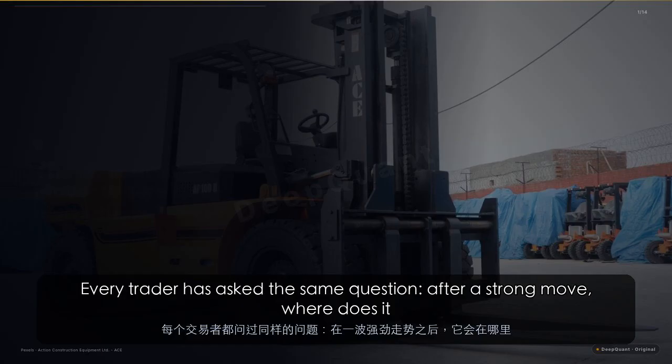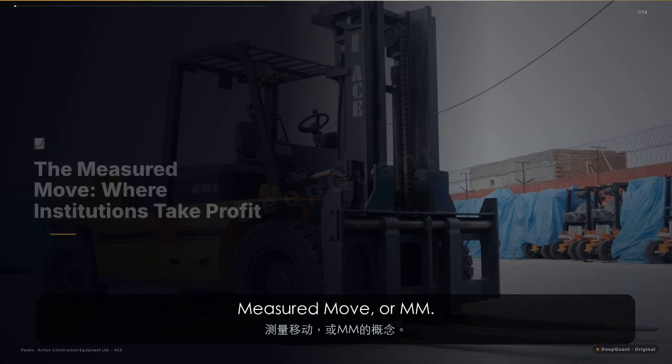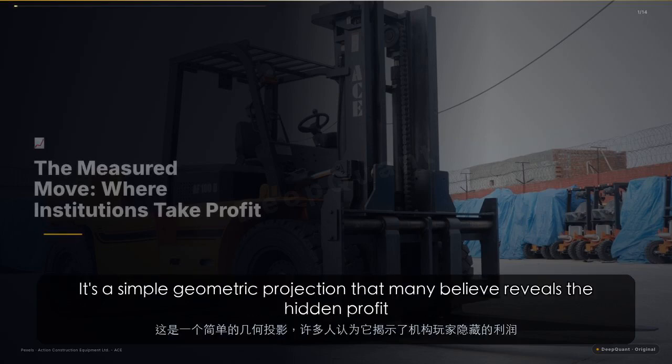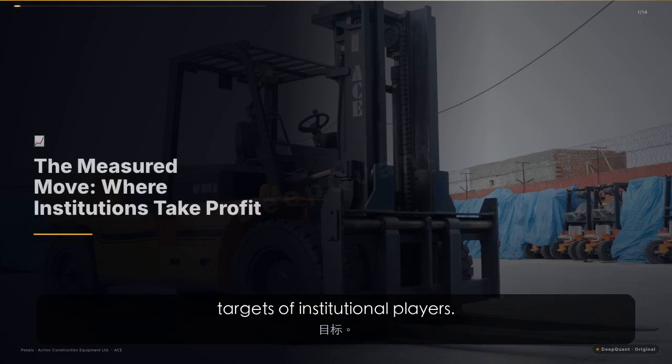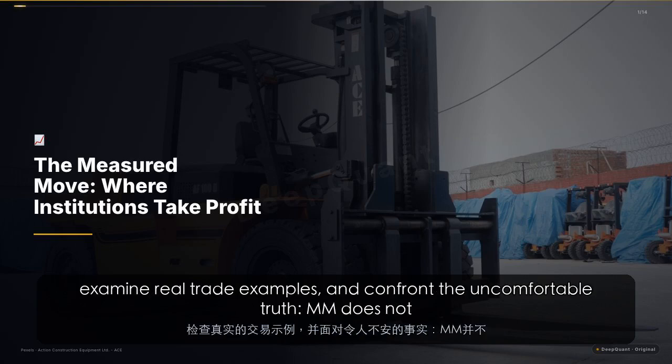Every trader has asked the same question: after a strong move, where does it stop? The answer, according to price action theory, lies in a concept called the measured move. It's a simple geometric projection that many believe reveals the hidden profit targets of institutional players. In this DeepQuant analysis, we'll break down two practical ways to use it, examine real trade examples, and confront the uncomfortable